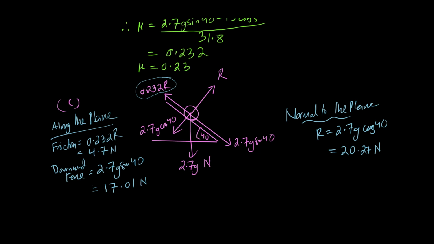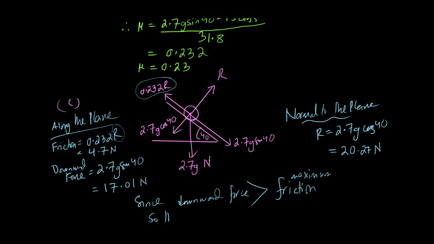Then we calculated the reaction force, which is 20.27. Then we plugged in the value of r over here, and we found friction to be 4.7. We can see that the friction is quite less than the downward force. So since the downward force is greater than the maximum friction, mu r being the maximum friction, the object will move